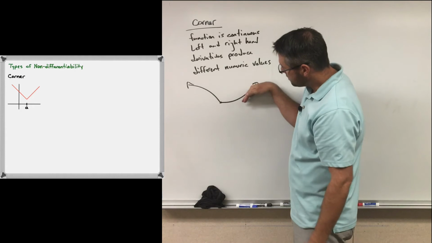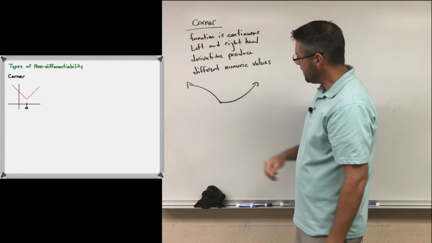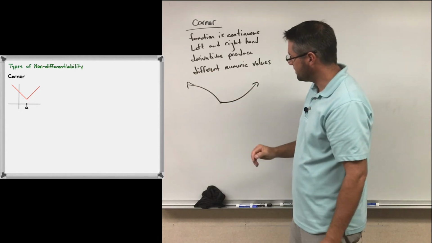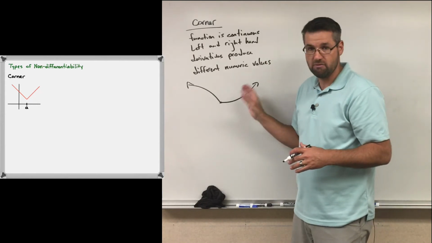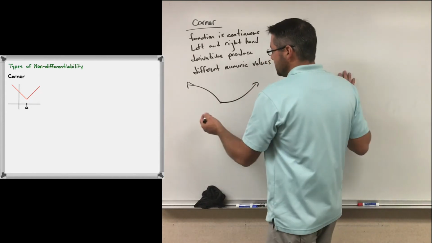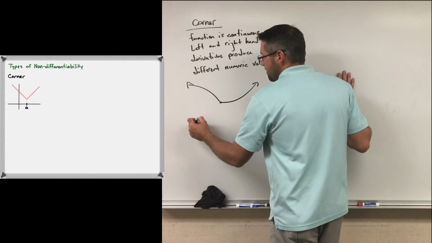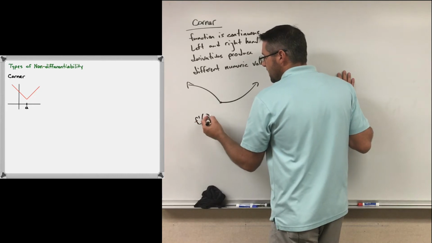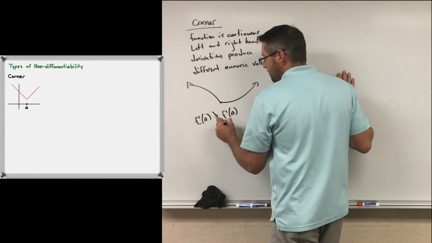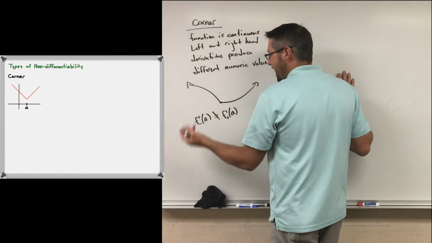So we could say that the slope from this side is 0, and the slope from this side is some negative numeric value. This is an example of a corner. So we would say essentially this, that f prime of A, if this is the point A, from the left is not equal to f prime of A from the right, and